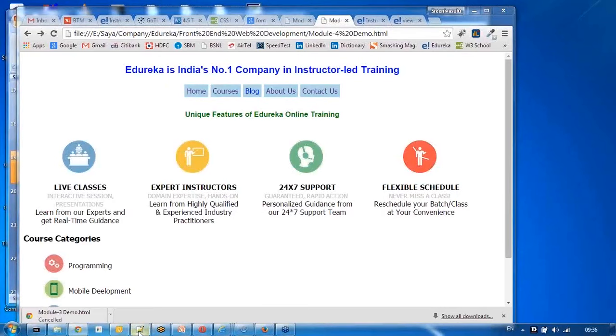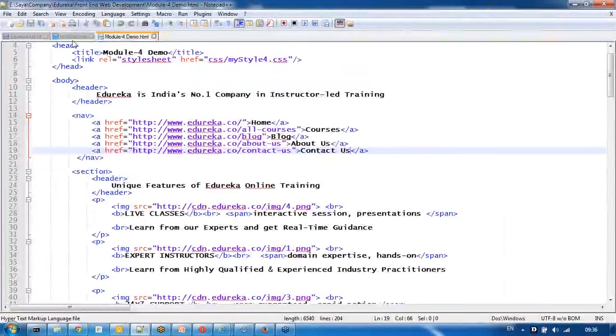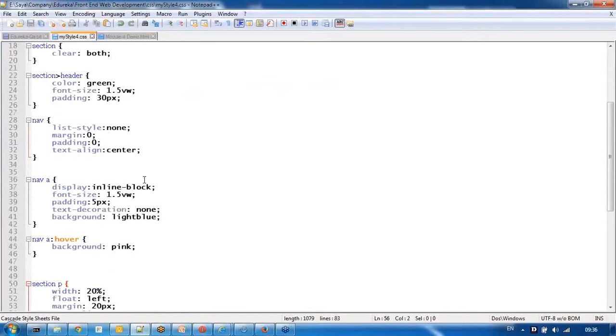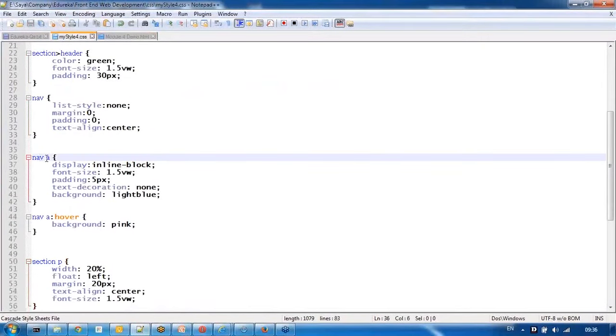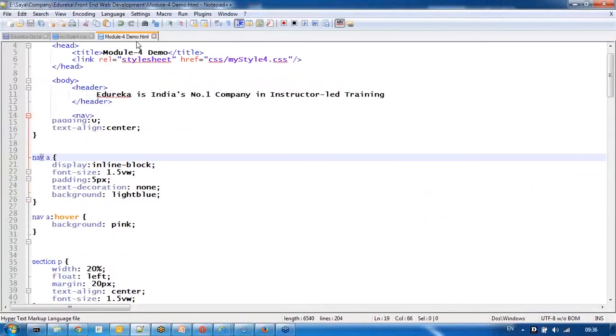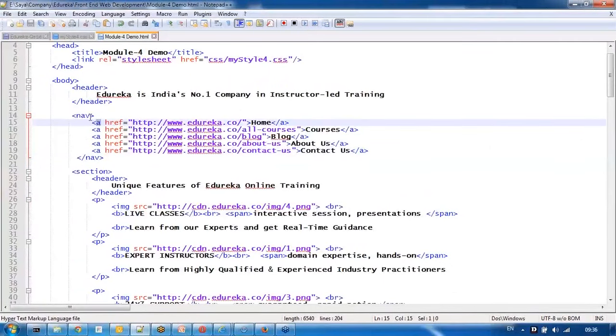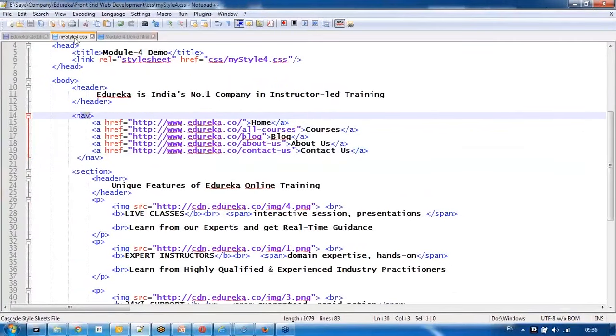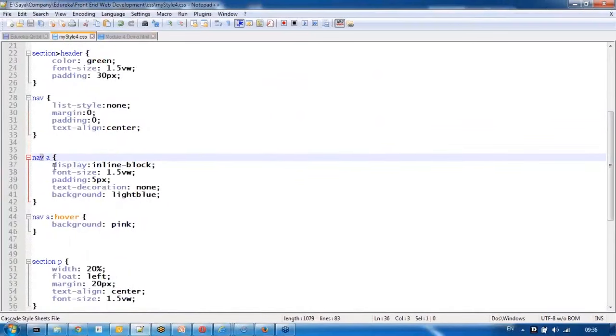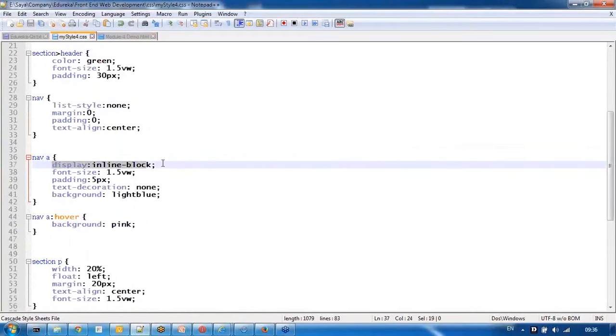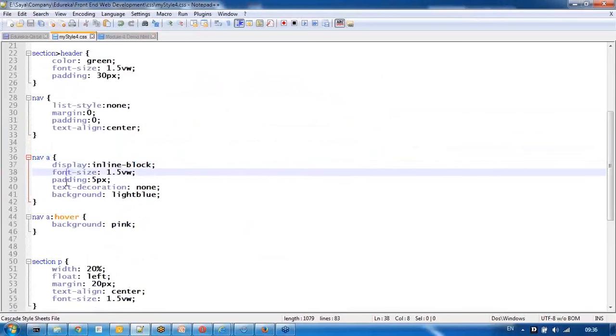So let me go back to the CSS styling. Note that here I use, basically this is a group selector. No, this is not a group selector. This is called a descendant selector. Yeah. So here anchor is a descendant of nav. As you can see here, the A is a child of nav. So that's how I specified it. So here I gave different properties: display, font size,